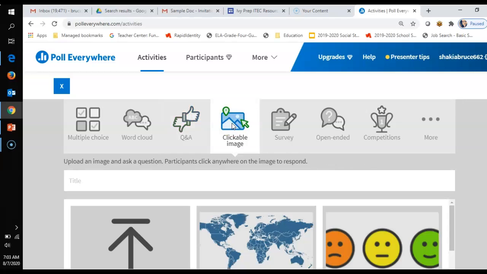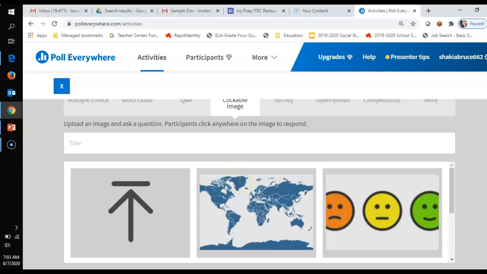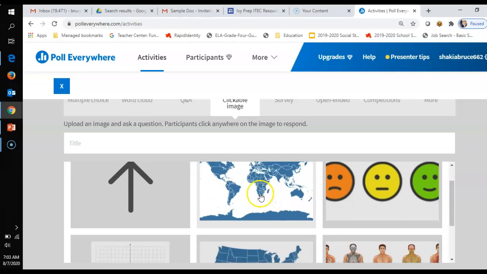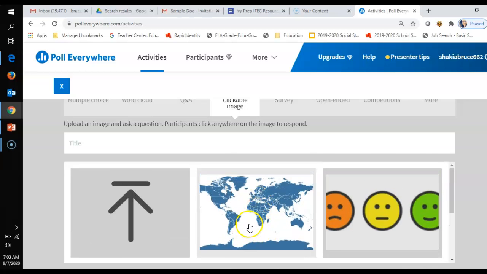You have a clickable image, so they're able to click. You can upload an image and then ask a question, and then they're able to click anywhere on the image and respond to that question. For example, you have this map here. You can possibly have the map in social studies, or ask if you could choose anywhere in the world that you would want to go, choose on the map,